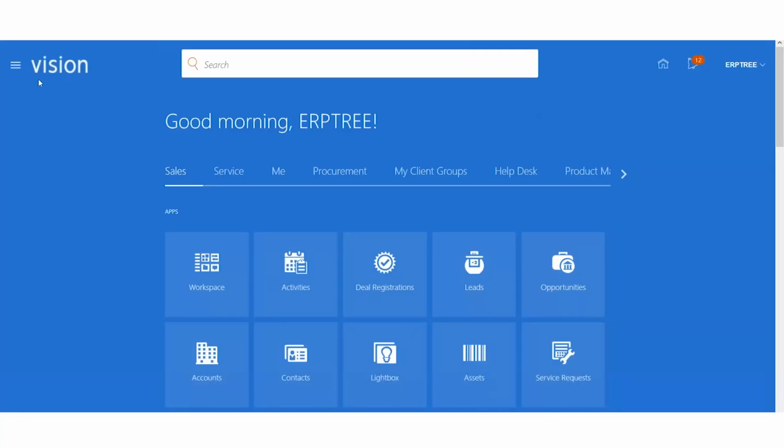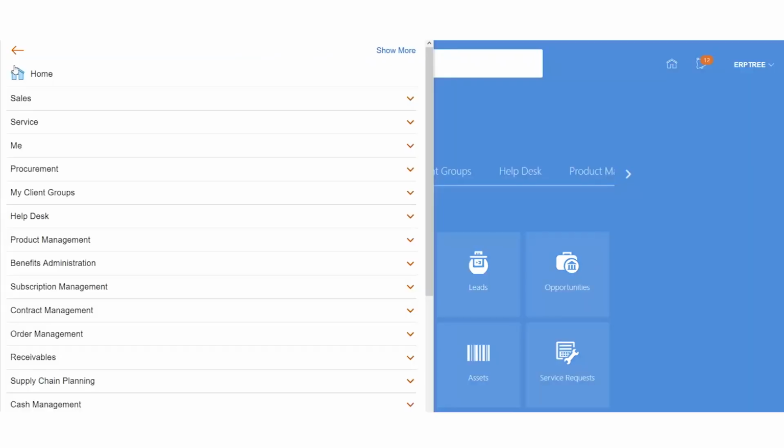Here they've given the name as Vision. It's a logo; you can upload the logo. This is a Vision instance. Here you can find the sample data created by Oracle as part of the Vision definition. But we are not going to depend on any sample data. In the case of a fresh instance, that is the approach we are going to follow for how to start with the implementation. We never touch any sample data created by Oracle. We'll create everything on our own, how we do in a real implementation. Just click on navigator.